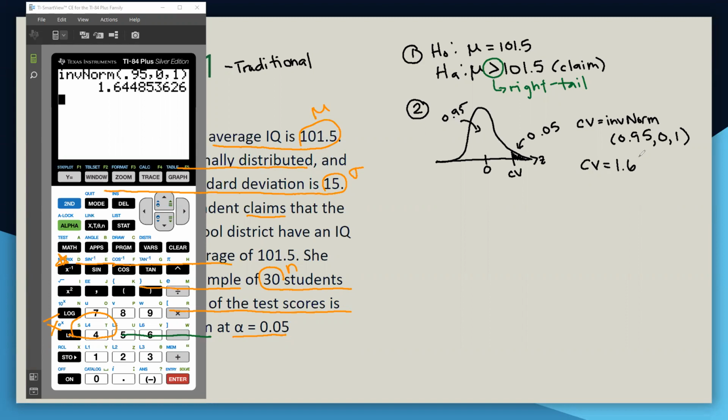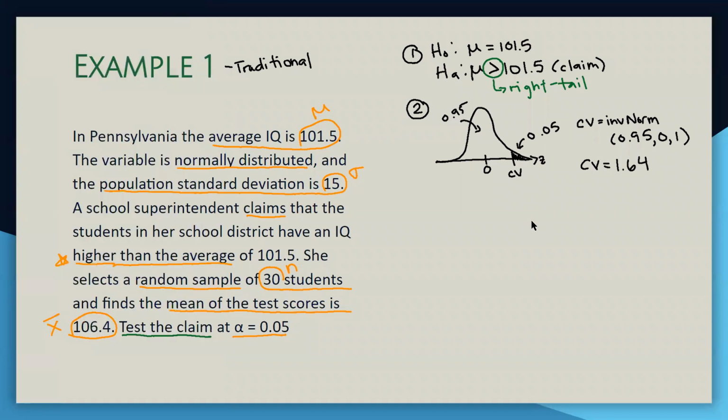So 1.64. That's the cutoff. If our test value is bigger than 1.64, our sample data is different enough from that